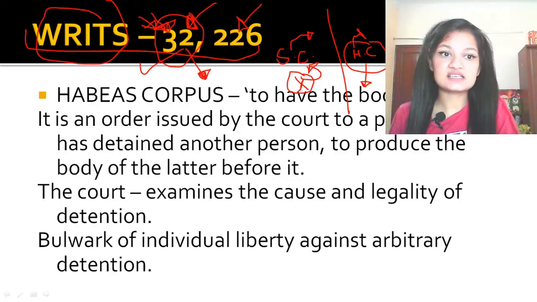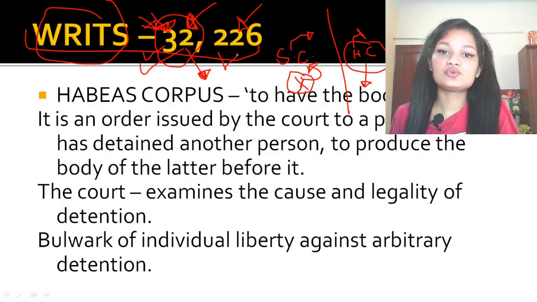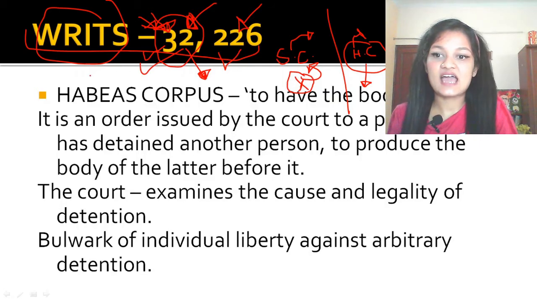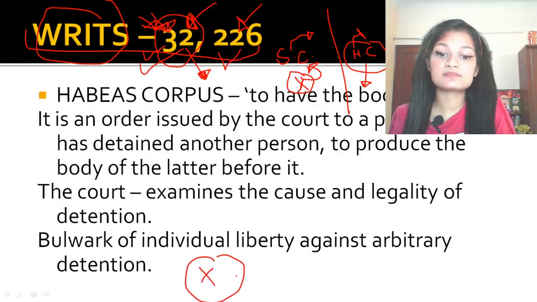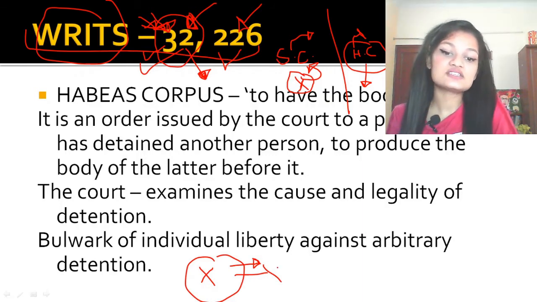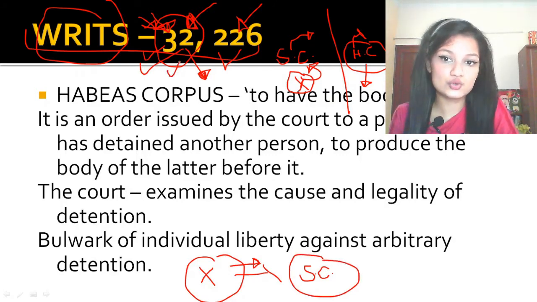Okay, so writs basically come under Article 32 of the Constitution of India when we talk about the Supreme Court of India, and Article 226 when we talk about the High Court. So what basically happens is that if you are person X and your fundamental right has been infringed upon, or something happened that was against the fundamental rights, then you can straight off go to the Supreme Court of India, and the Supreme Court of India can enforce a writ under Article 32 to make sure that your fundamental rights